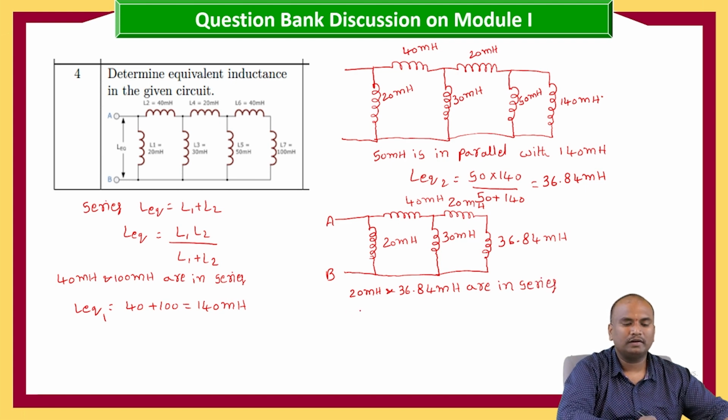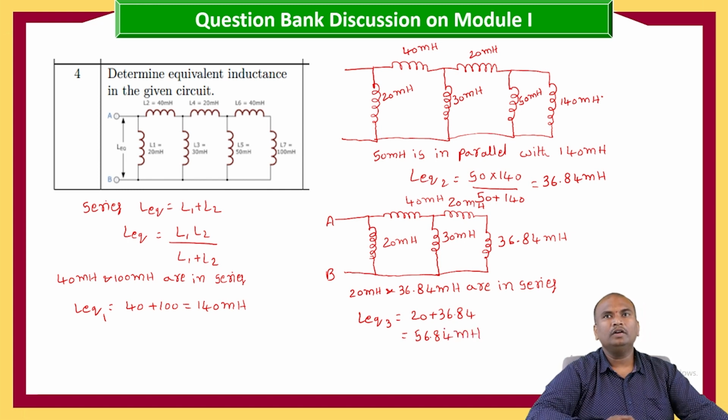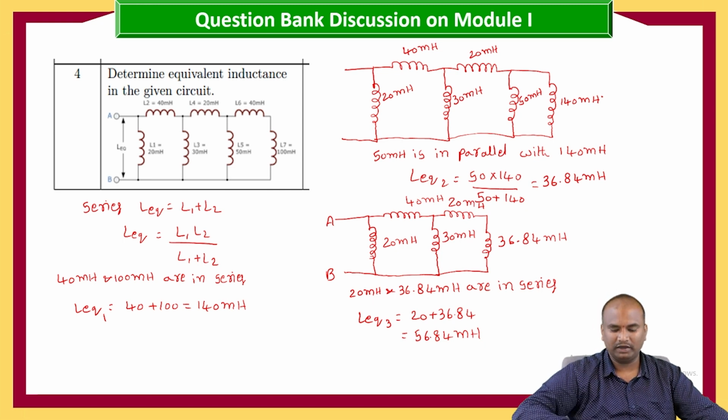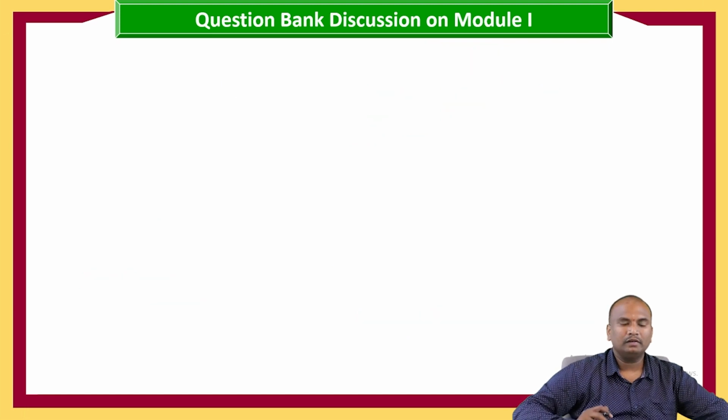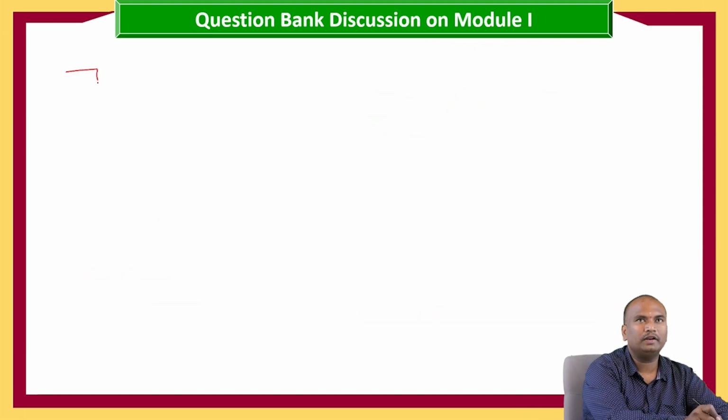So here L equivalent 3 is equal to 20 plus 36.84, which is equal to 56.84 millihenry. Now we got the L equivalent 3 as 56.84 millihenry. Now let us replace the inductances with 56.84 millihenry. Now our circuit will become